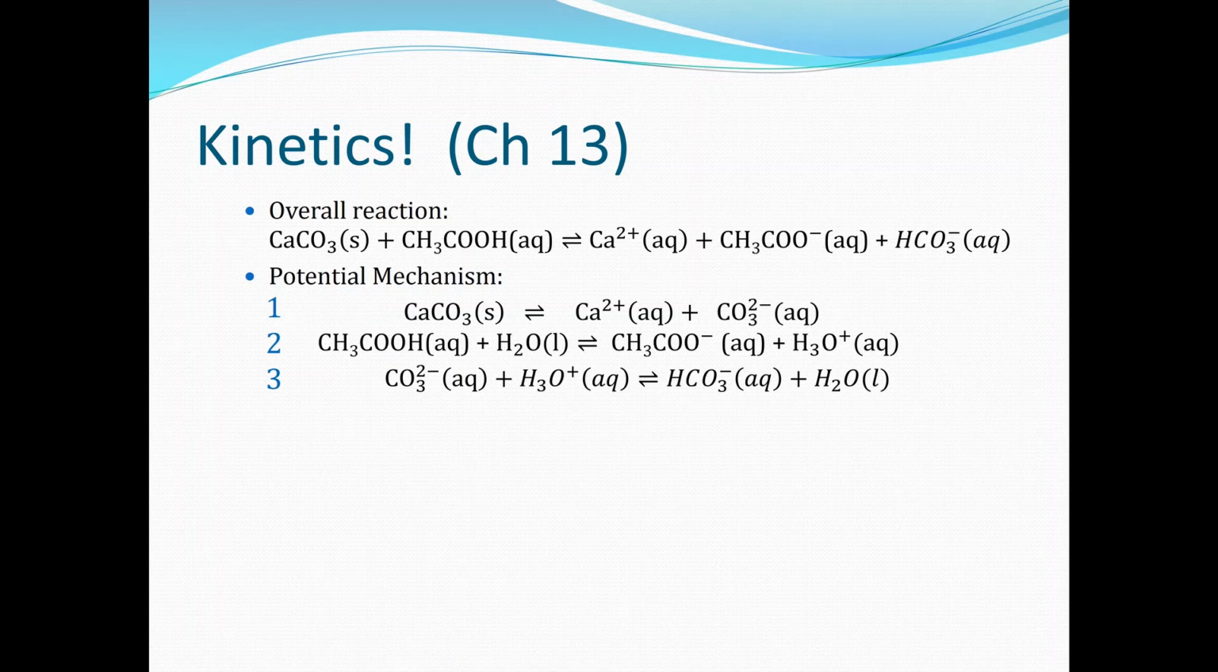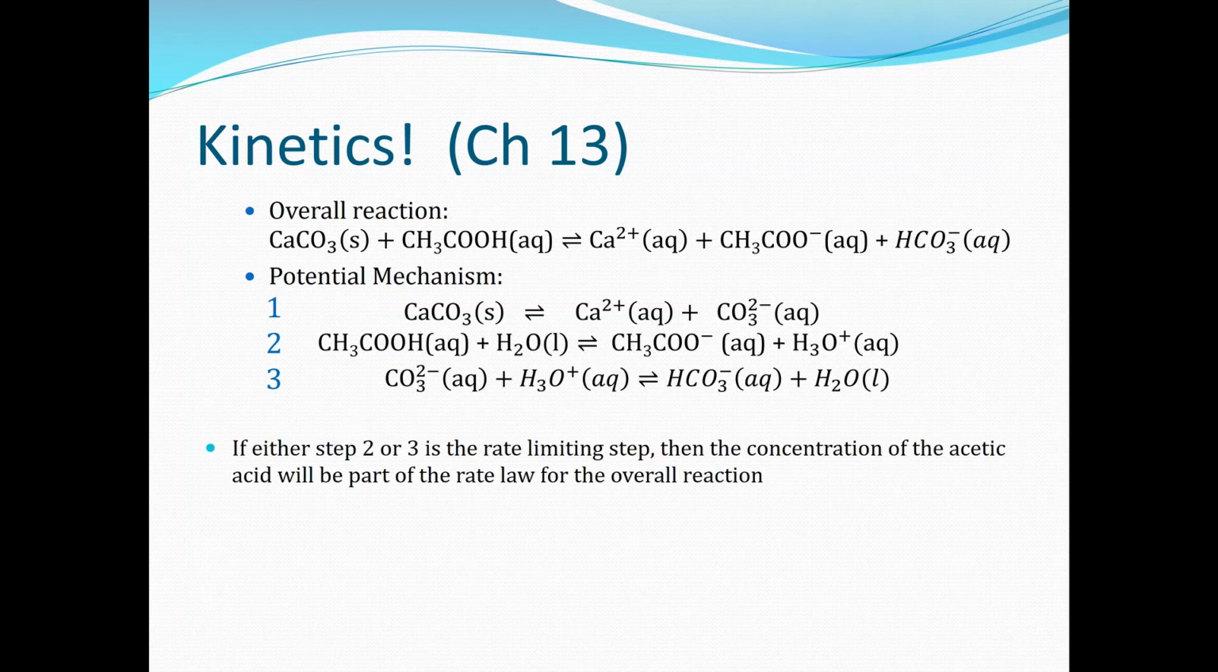But if this is the mechanism that we're thinking about, we could think about either step 2 or step 3 being our rate limiting step. If step 2 or step 3 is our rate limiting step, then the concentration of the acetic acid is going to be part of that rate law. Right? So if step 2 is our rate limiting step, we've got acetic acid here that's breaking up into our acetate ions and our hydronium ions. If that is rate limiting, then the concentration of our acetic acid is clearly going to be important in the